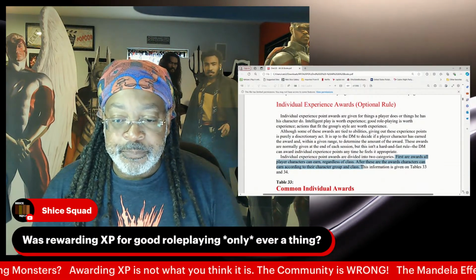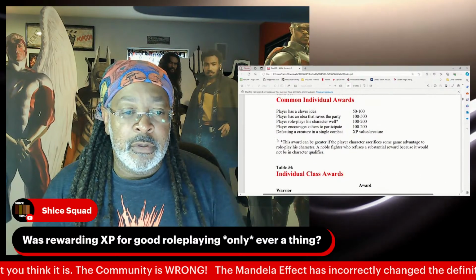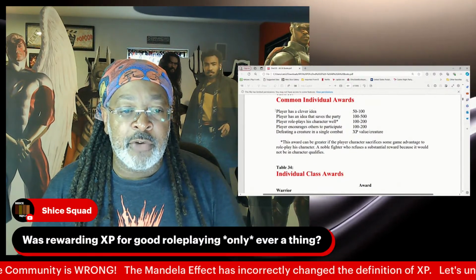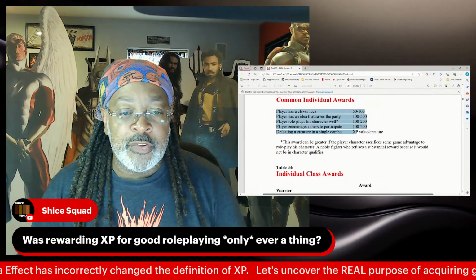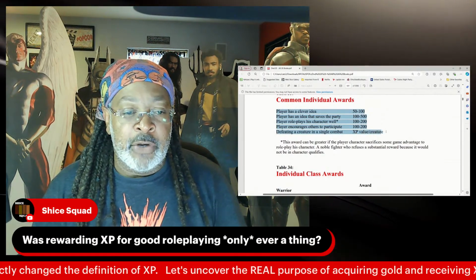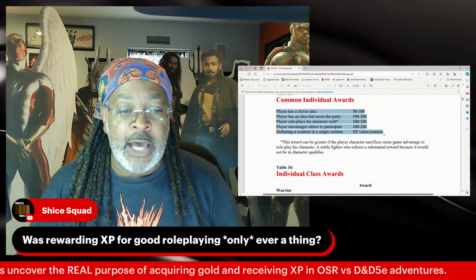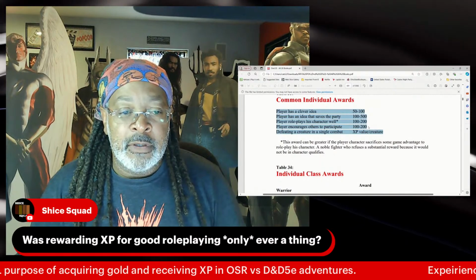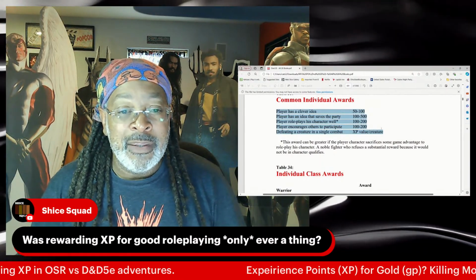And so if we go down here, common awards. Player has a clever idea. Player has an idea that saves the party. Player role plays his character well. Player encourages others to participate, defeating a creature in single combat. Now, player encourages others to participate.